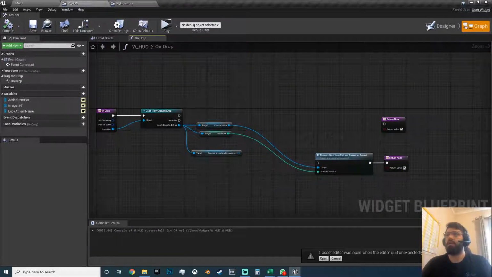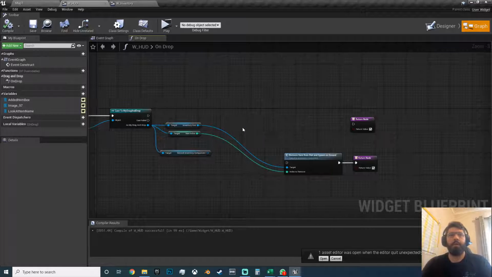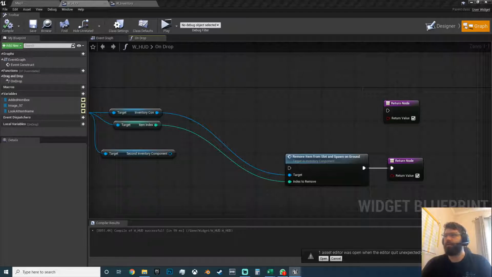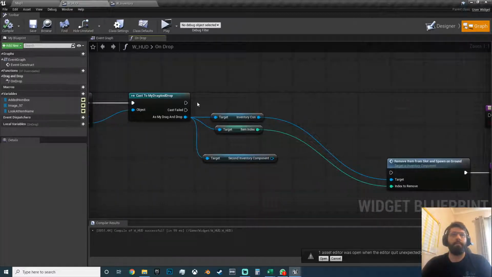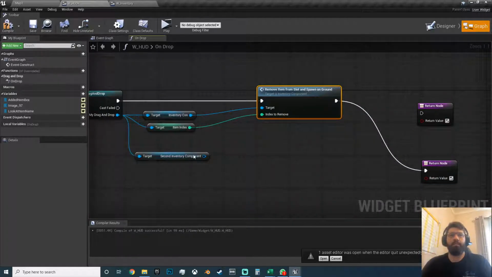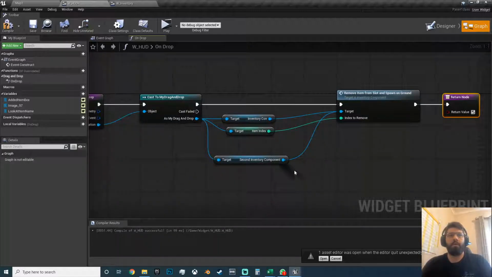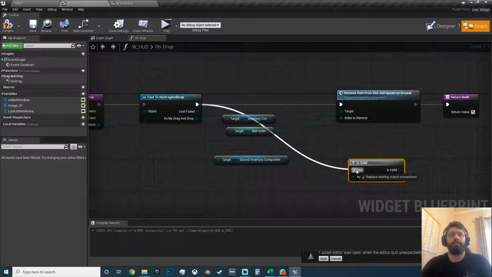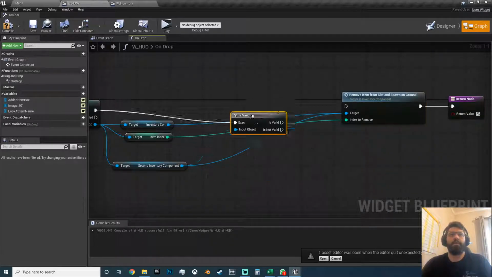Okay, the hood. Have I done an on drop for the hood? I would have thought I would have. It's basically you just remove it no matter what. Drag and drop, on drop. Yep, so just remove item. Can you go both in there? Done. Sweet. You probably want to go is valid. Because if it is valid,